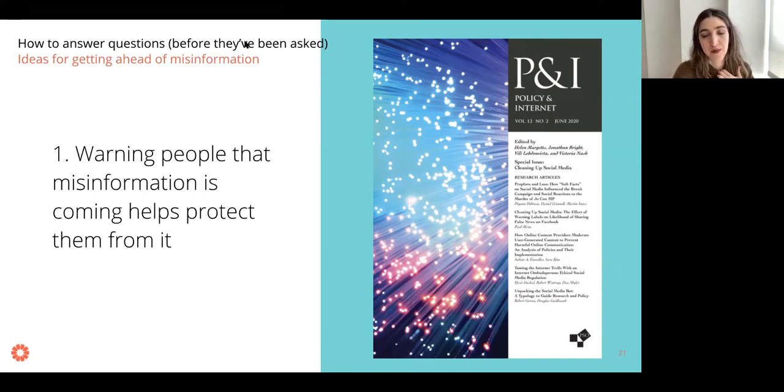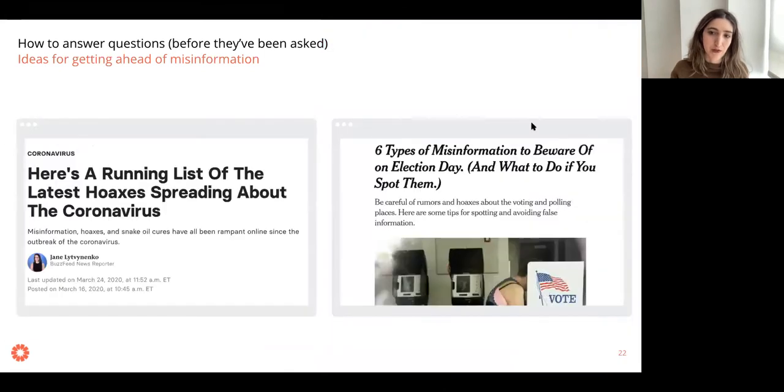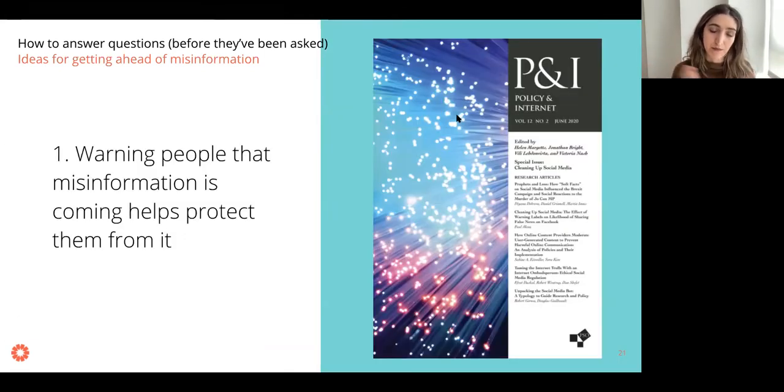This is something that has been written about in a number of places, but if you're interested in reading some of the research behind it, here's one source you can look at. This is the Policy and Internet Journal, Volume 12, number 2, has some great writing on this topic. And if you are registered for these courses, as you guys know, you receive the list of readings afterwards as well. That comes out at the end of the week, and there's some information linked in those readings as well.